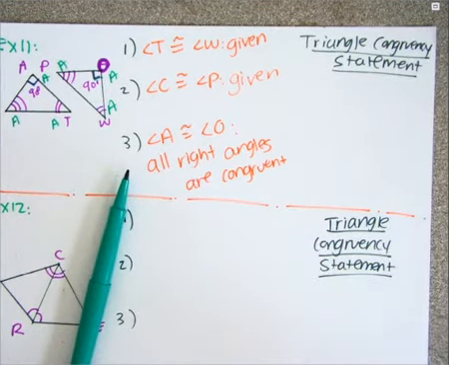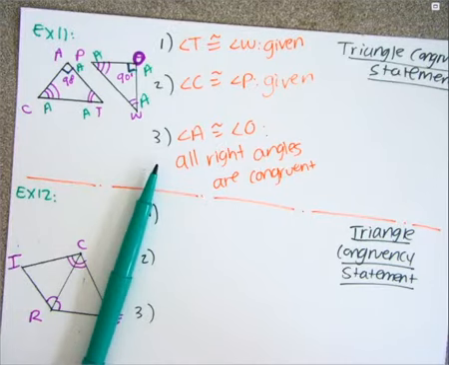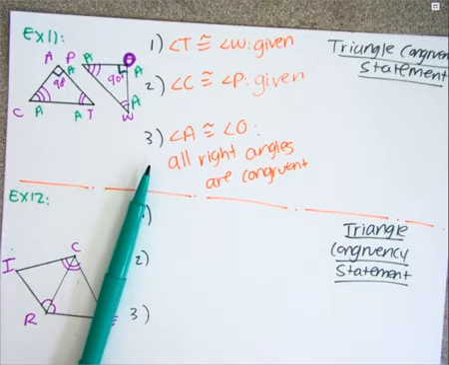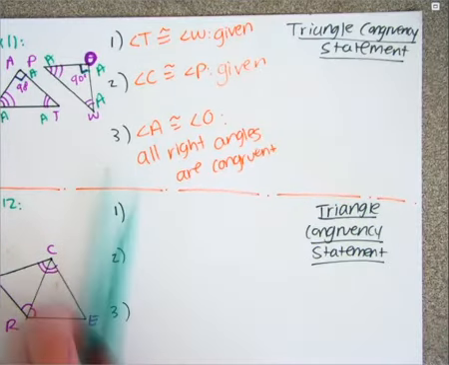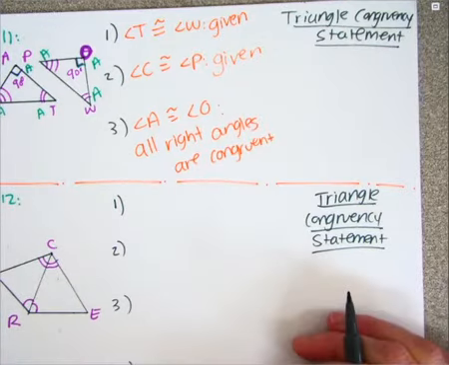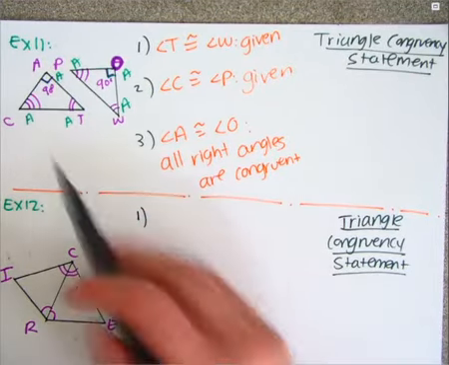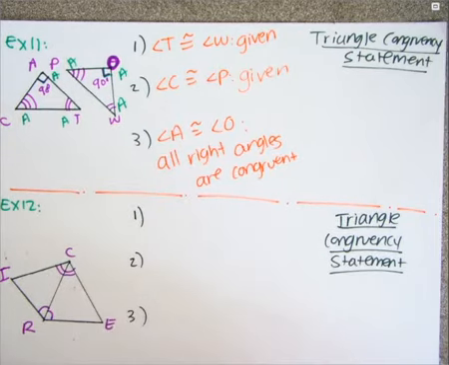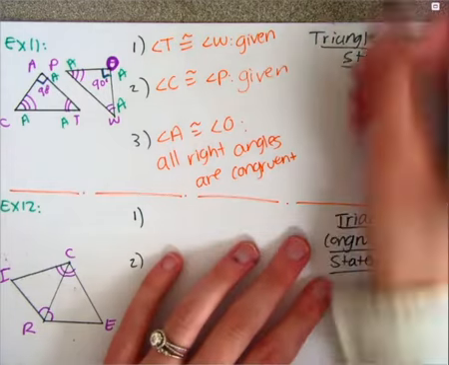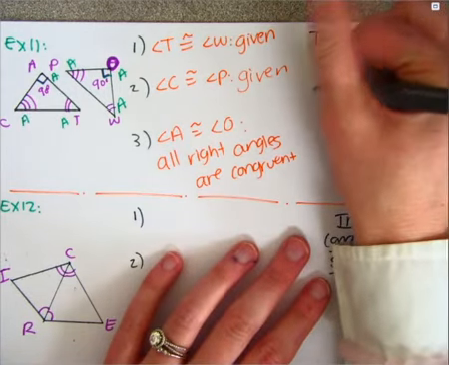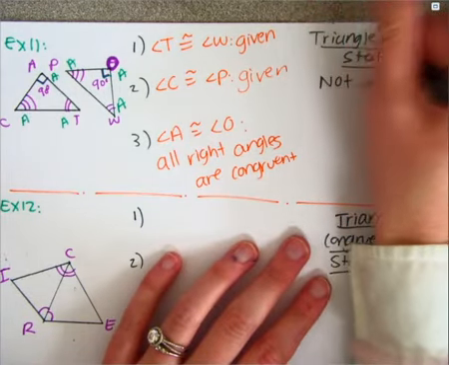Oh no, you guys. You know what this means? We don't have enough information to show they're congruent. Oh no, this is so depressing. Okay, so these 2 triangles are not congruent. I don't know if they are. This is not enough information. They are the same shape, but they might not be the same size. They might be similar triangles, so I don't know. Okay, so the triangles are not congruent. So they are not congruent